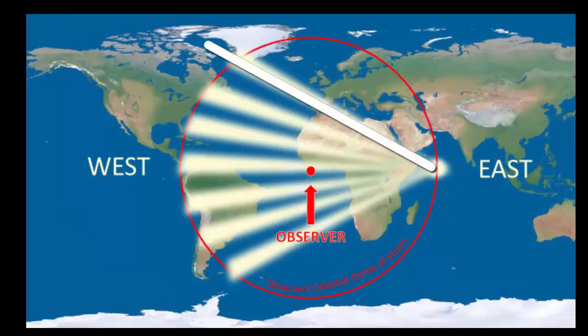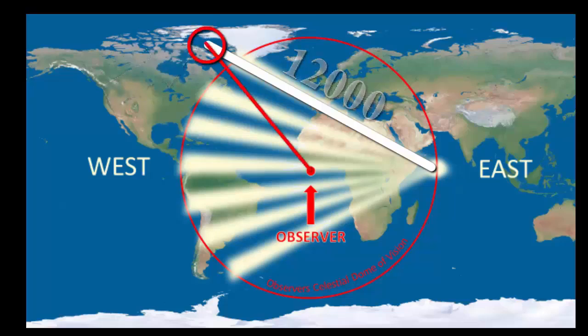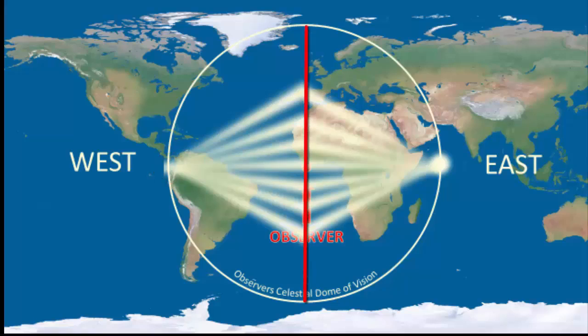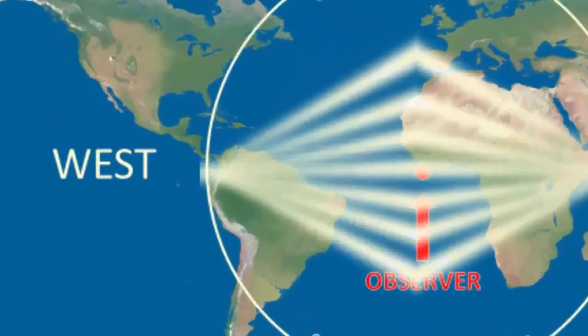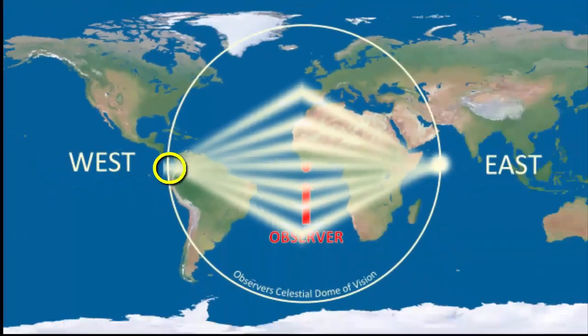Now, if I told you to look at this ray going out here, and let's say the end of it is 12,000 miles from the sun, you might look out here and think, well, that's where the ray is. That's not where the ray is. The ray is right here at the point of convergence for the anti-crepuscular rays. Take a look at any one of these rays. They all go to the same place. Any rays in your western hemisphere of celestial vision, this vision circle, will all converge at the same place, 6,000 miles away from where you are, the observer.